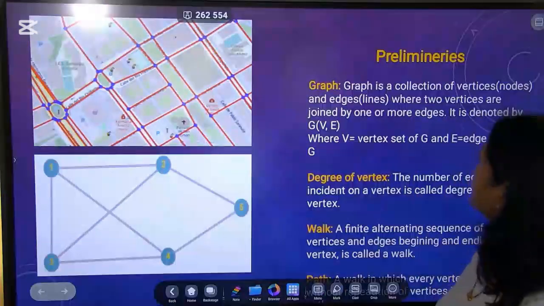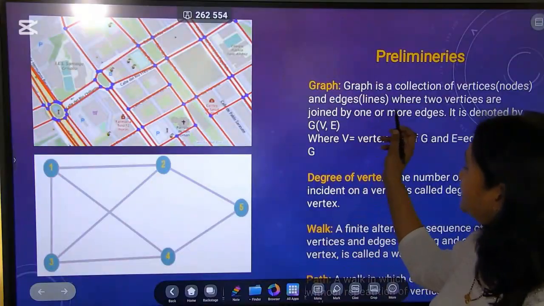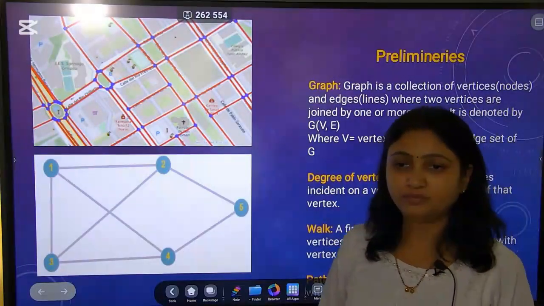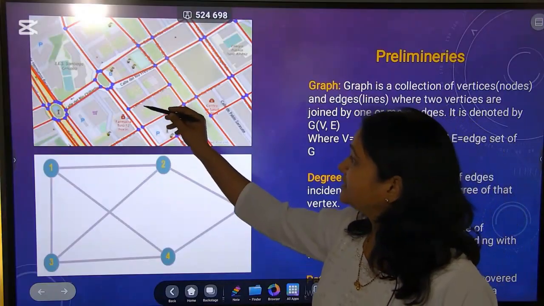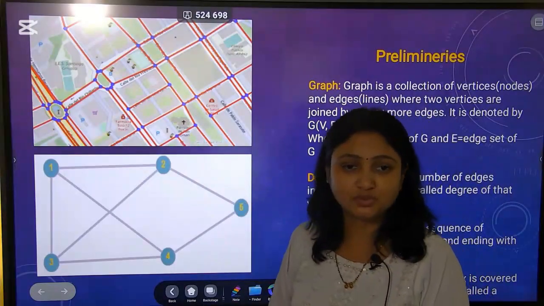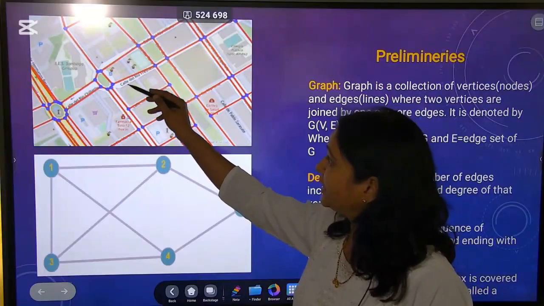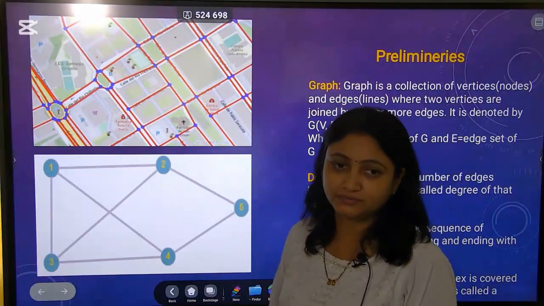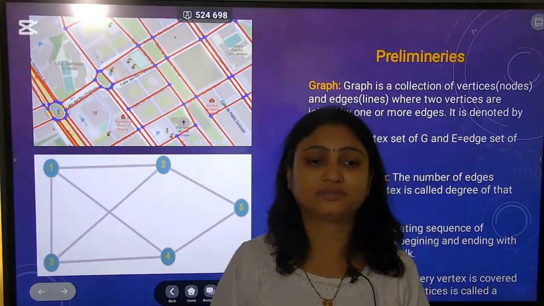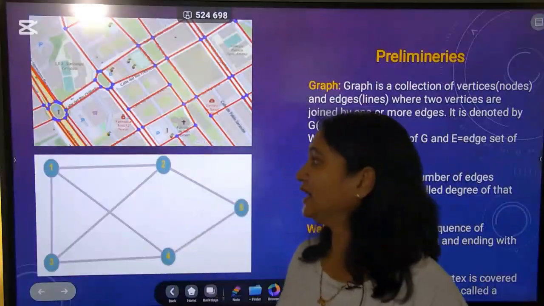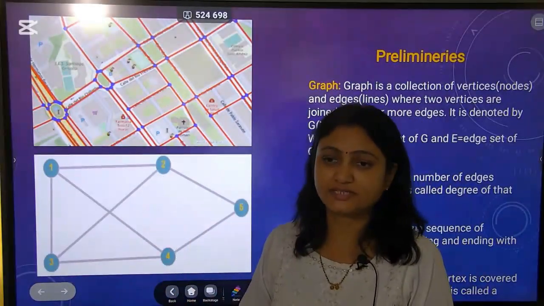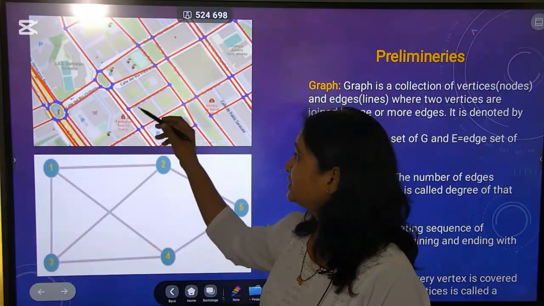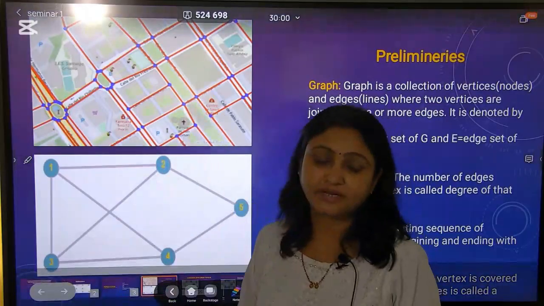So first see some of the definitions that we have to know, that is the preliminaries. So first see this image. What does this image show? This image shows some red lines, some blue dots. Now what are the blue dots? These blue dots are the destinations which we have to travel from one destination to another, and the red line shows the